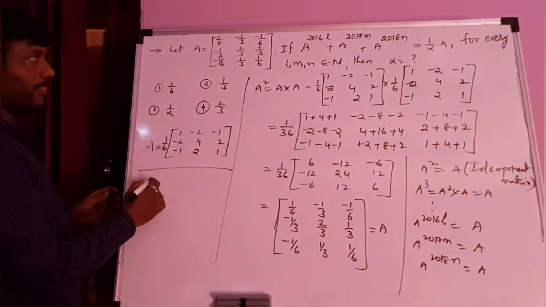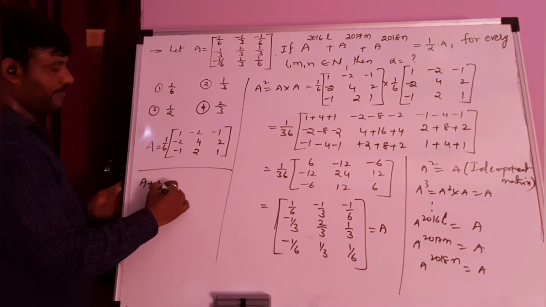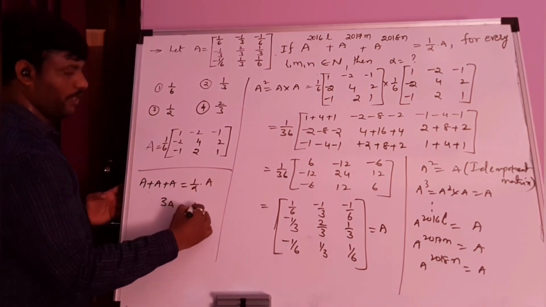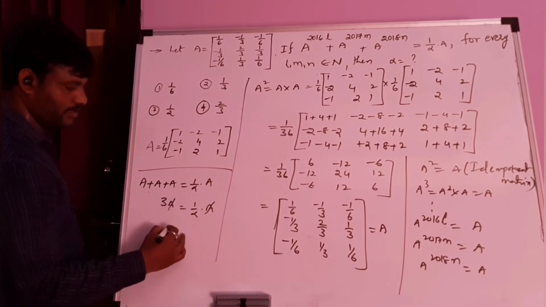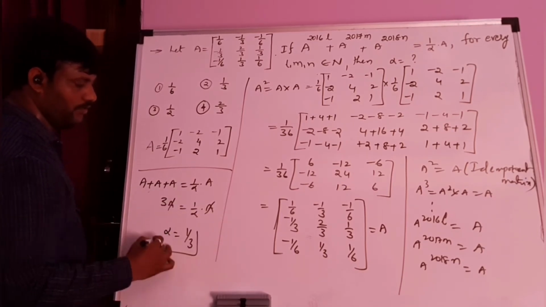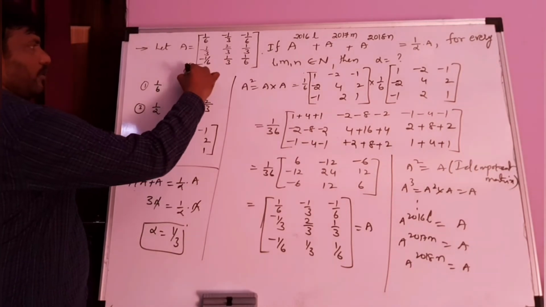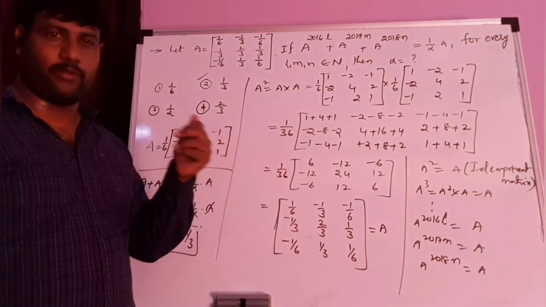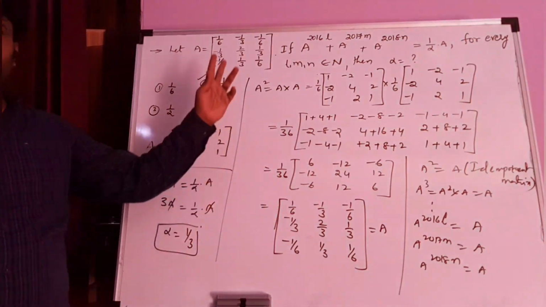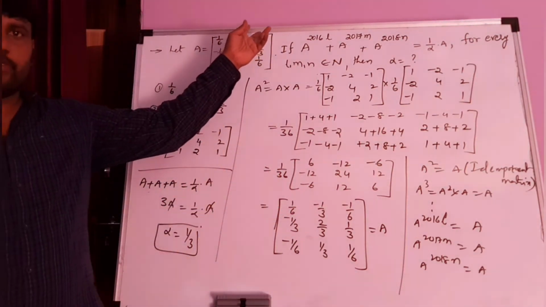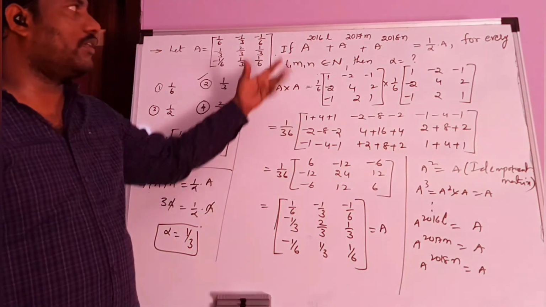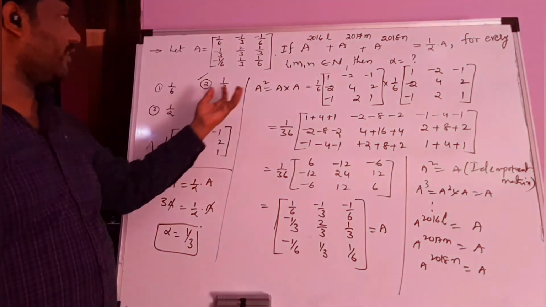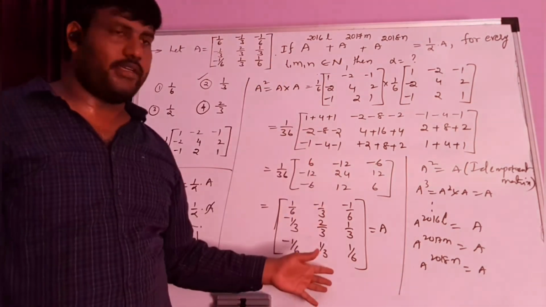Now, on the left hand side, A plus A plus A is equal to the right hand side, 1 by alpha into A. 3A is equal to 1 by alpha into A. A cancels. So you get alpha is equal to 1 by 3. So option 2. Okay. So it's a very important problem. You get this problem in previous question papers also. It's very simple. Don't panic by seeing the question only. Just apply some logic here. Just do the A square. You get some idea.